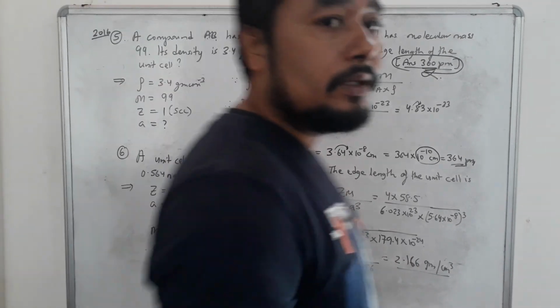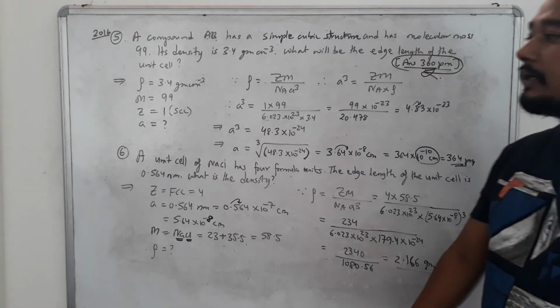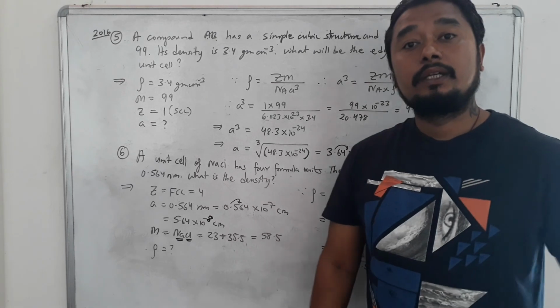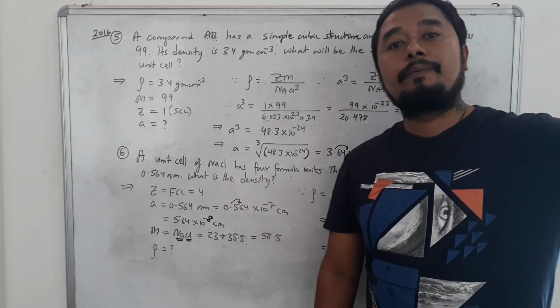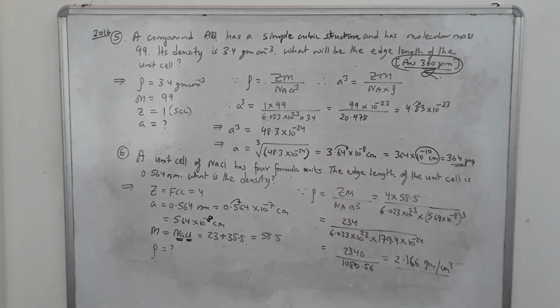So this is how we solve the sum of the density formula of a crystal, students. So far I have explained 6 sums. If you see the previous class and before that class, in total we have done 6 sums of different varieties. So if you want, you can take a screenshot of it for your reference, students.